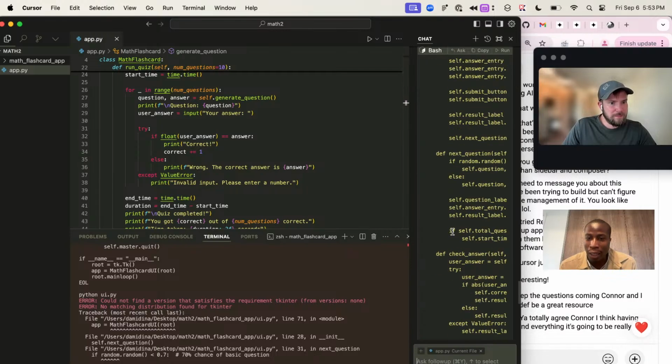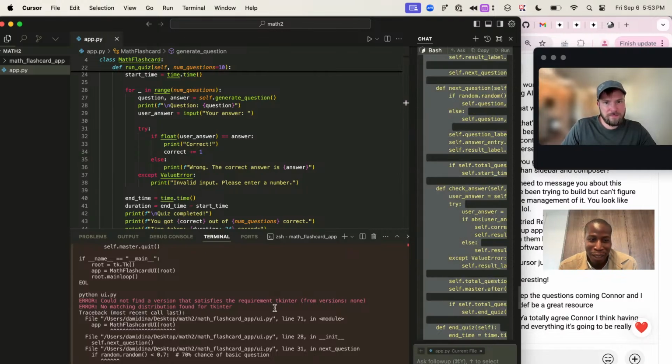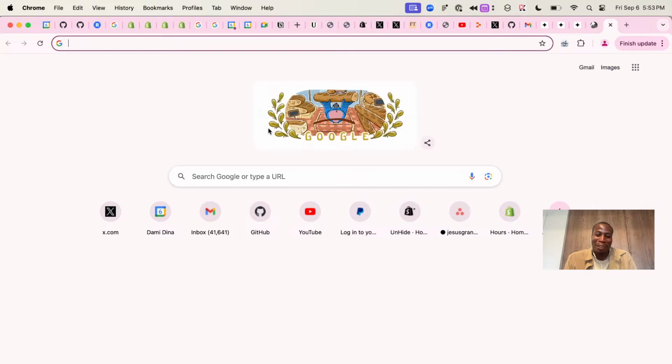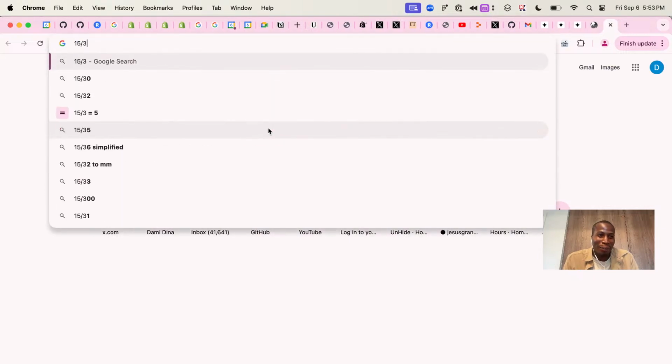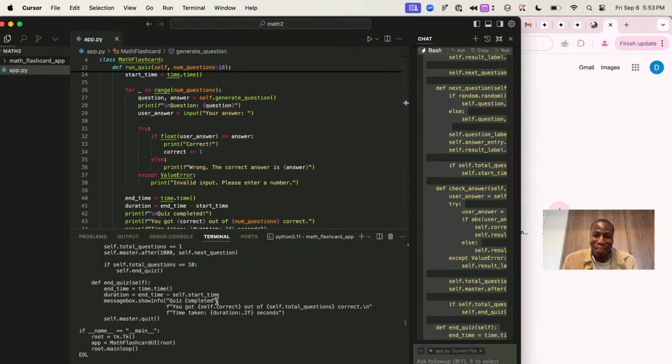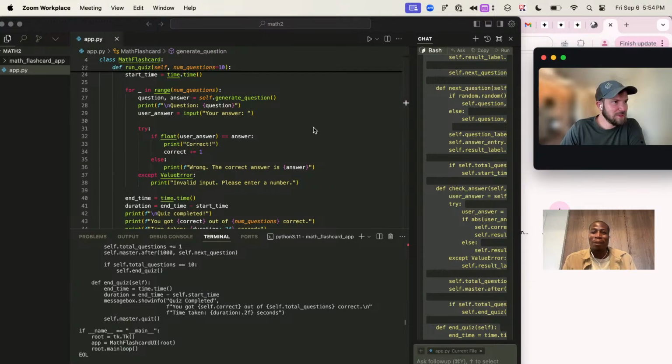And over here, I wanted to fix my math app, which is Bash. And look at that, I just pasted it in and I got an app. What's 15 divided by 3? I do not know the answer to that, so I'm going to go to Google actually for this. 15. Five. Is that right? Oh, I'm really bad at math. For some reason, I thought it was a decimal thing. I clearly need this math helper app that I just built.